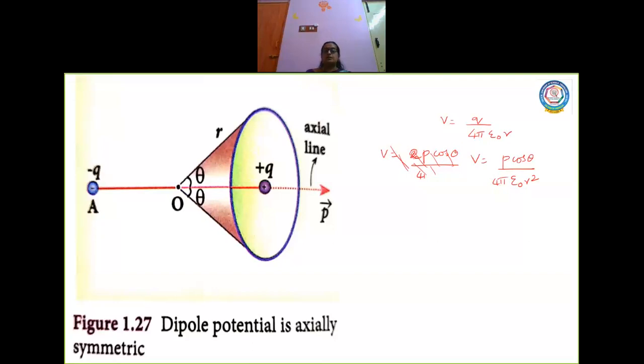Okay ma? So go through this derivation, work it out, and tomorrow I'll be asking you some very small questions based on this topic. Minimum at least 2 or 3 times you have to write this derivation. Okay ma? So it's a homework for you, work out this derivation. Tomorrow we'll meet with the next topic.